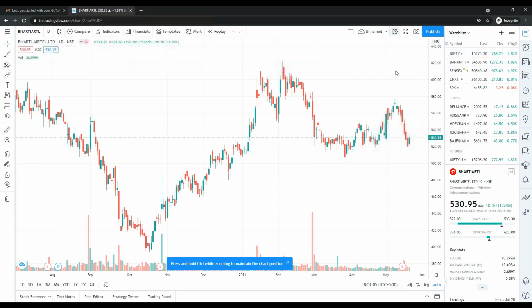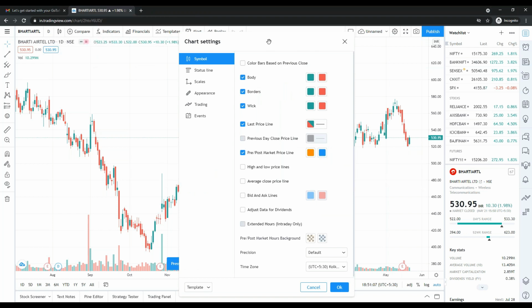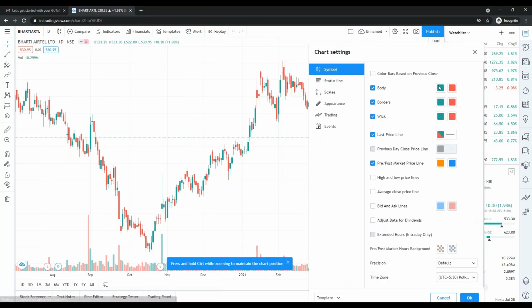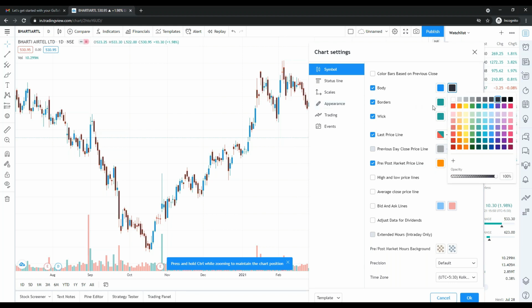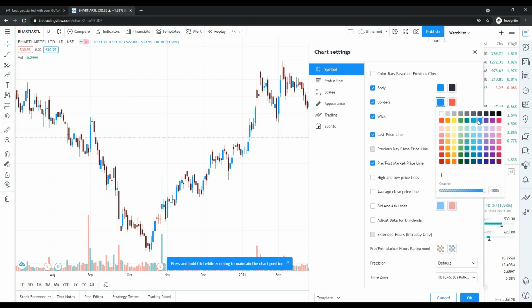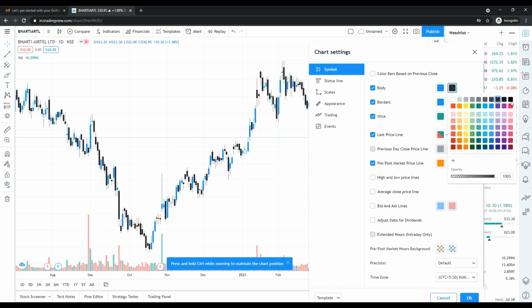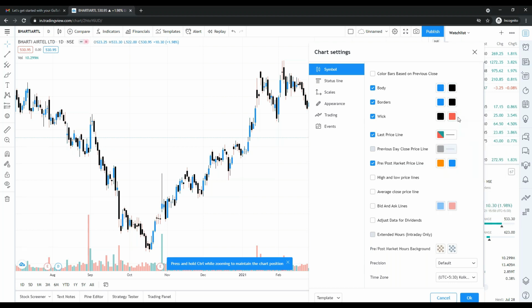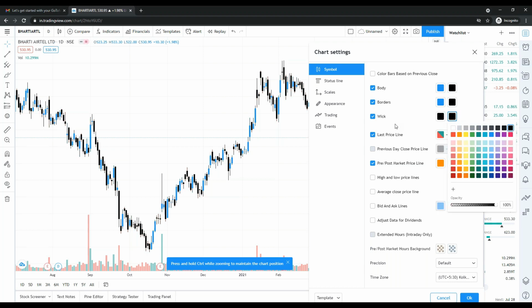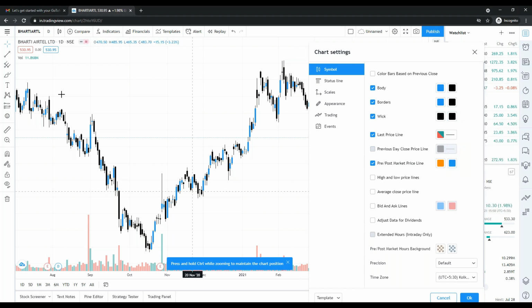Okay, so here you can see this is the screen where you are going to watch the window. Simply click on the settings. I will show you from the scratch, and this is the color of the candles over here. So you can choose the colors whatever you like. Let's say I can choose this as the bullish candle, for example. Let's say I'm choosing black as the bearish candle. You can select whatever color you like. Let me select the black. So that's it. This is one setting, so you can choose whatever color you like over here. Okay, I hope you're clear.